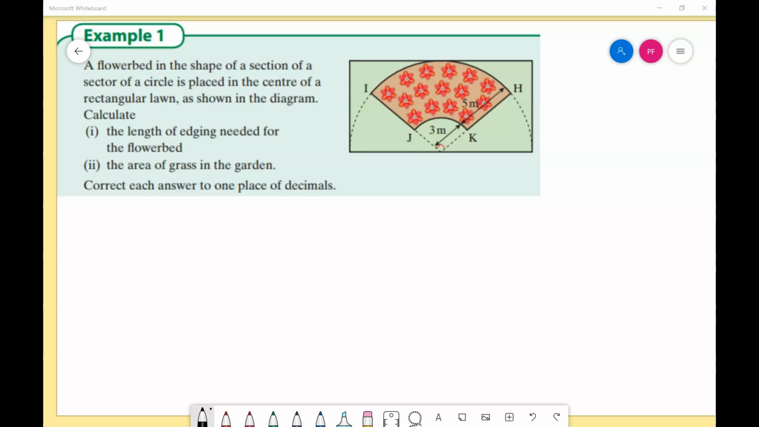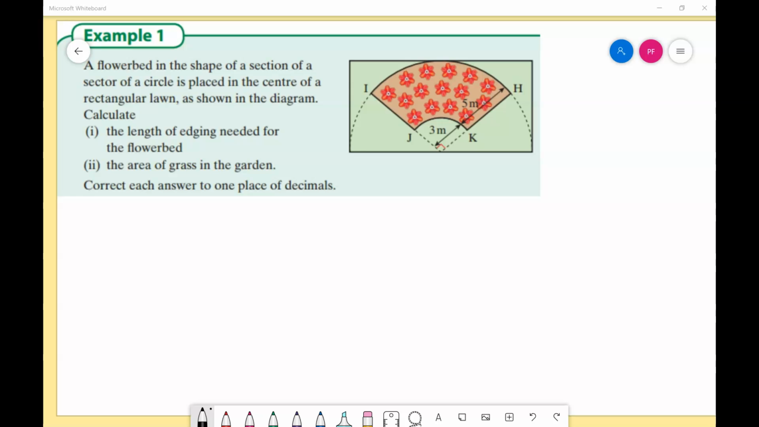Okay, this is today's work. We're doing Text and Tests, Book 6, and the Area and Volume chapter Part 2. I think that's 6.2. So here we've got a flower bed in the shape of a section of a sector of a circle,